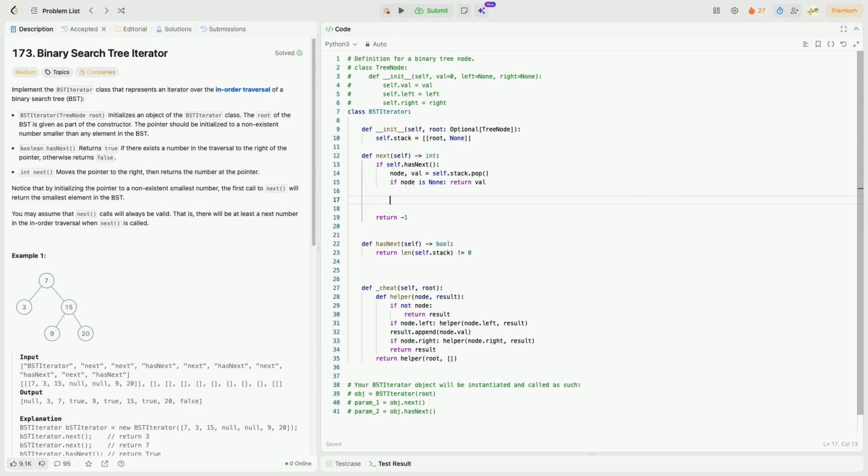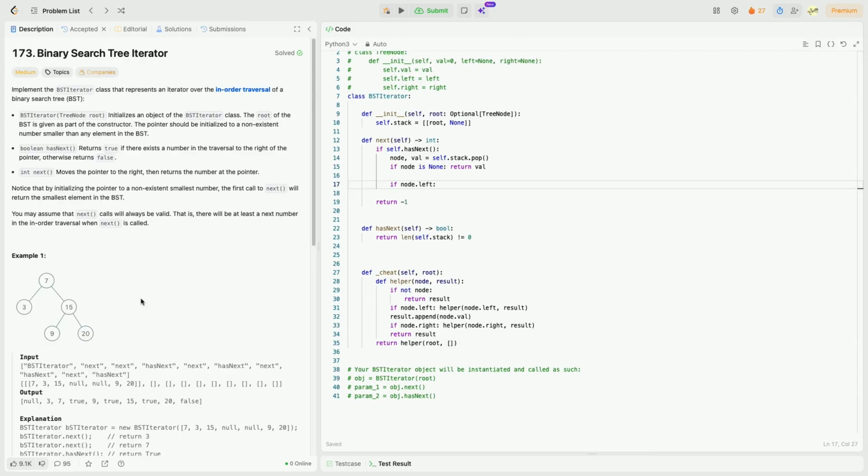We have to check if node.left, right? If there is a left child of the node, we have to, a right one, right? We have to put the right one first, then the value, and then the left. That ensures that on the stack, the left one is the top one, and because that needs to be processed next. So if node.right, in that case,